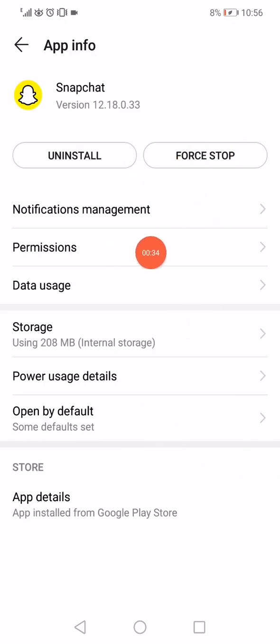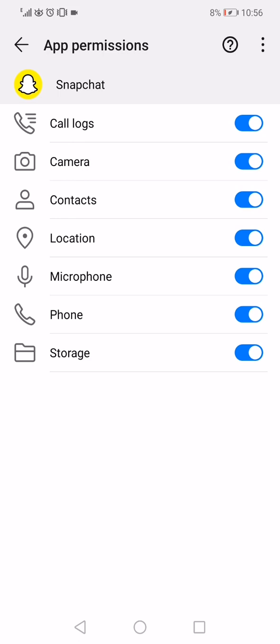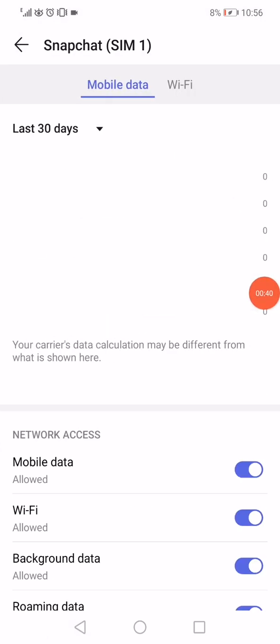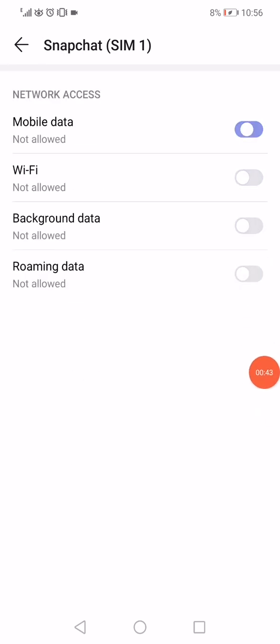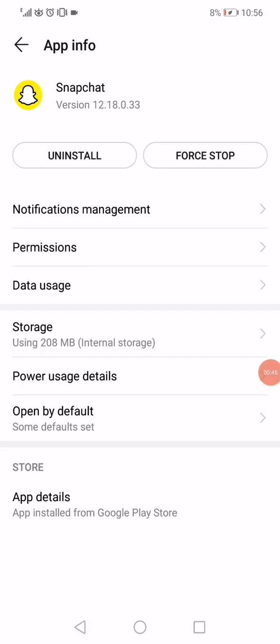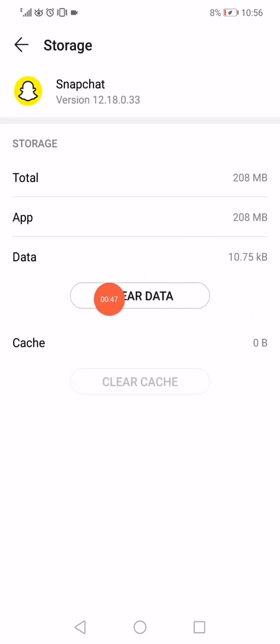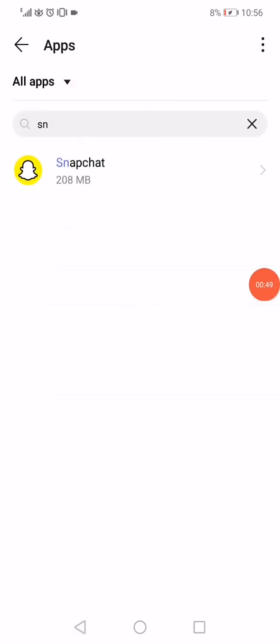and then click on force stop and go to the permissions. Make sure that the camera permission is enabled and then go back, click on data usage, make sure to disable all those options and enable them back. Go back and now click on the storage, click on clear data and then go back again to the settings